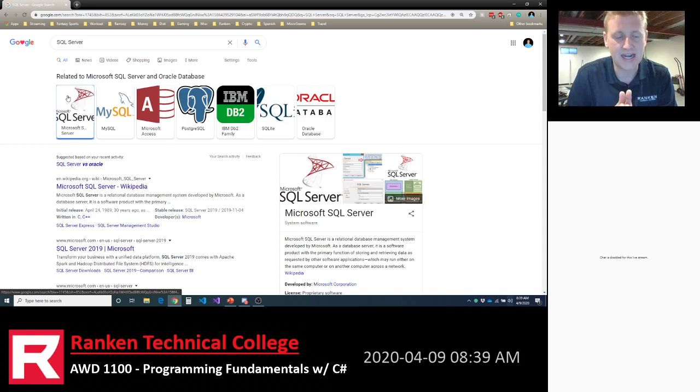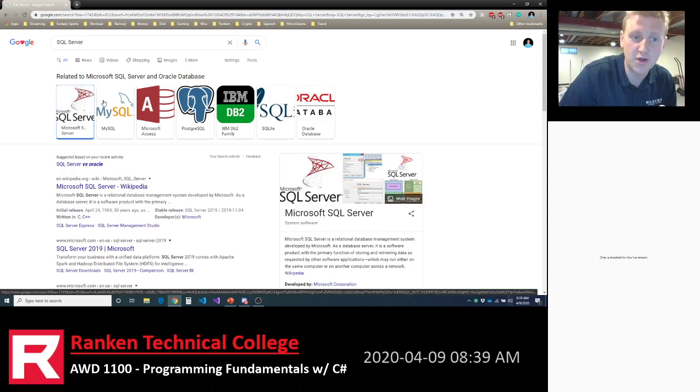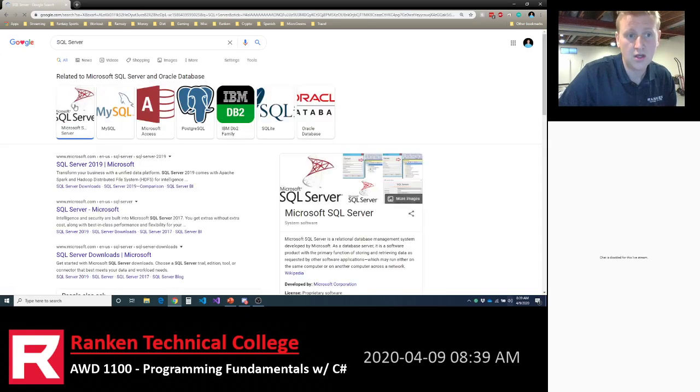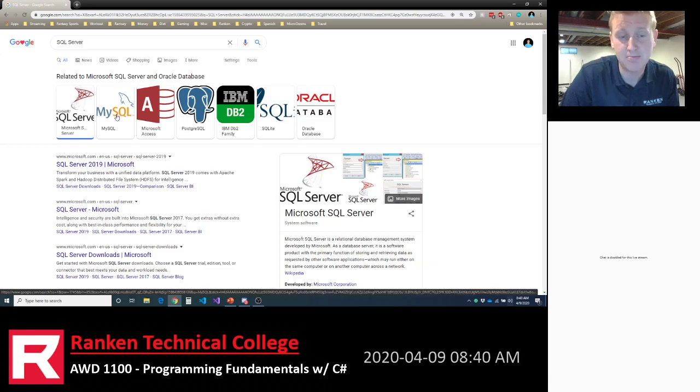Often, because you're working with C#, you're going to stick with the Microsoft stack. But if you're working with a different stack, maybe PHP works with MySQL databases. So SQL Server is the second most popular database management system. It typically runs with Microsoft products. MySQL is for your PHP.